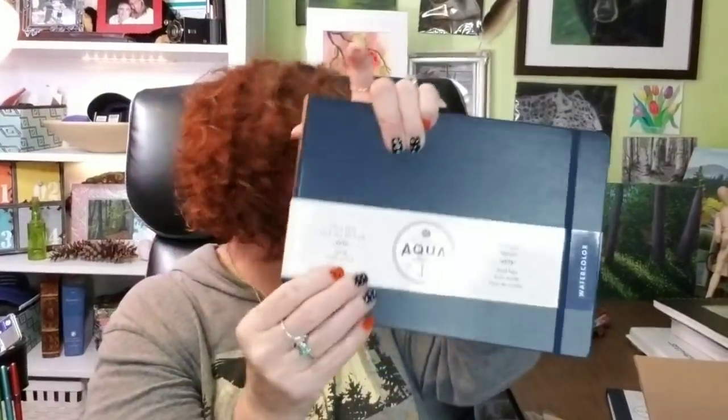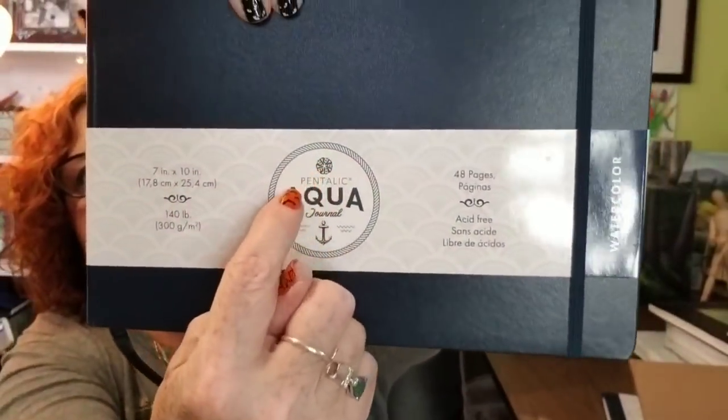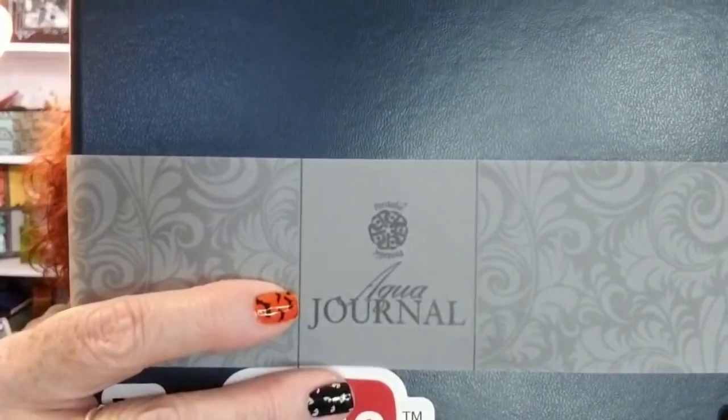I've been using their 5 by 8. They also made a change to their labeling on the outside. The aqua journals now have an anchor with this new little logo. Well, it's got their Pentalic logo that is unchanged in the center here. But then underneath it, they have Aqua Journal. Their older ones just had this vellum wrapper on the outside, and that's what it looked like. I actually kind of prefer the old one. I think it looks